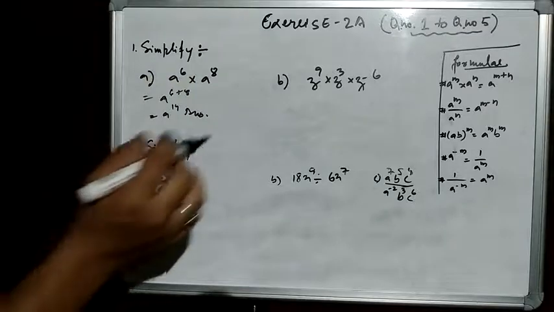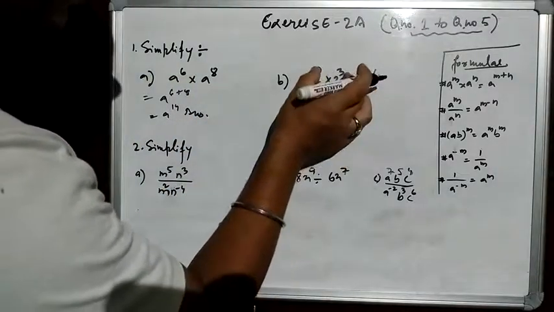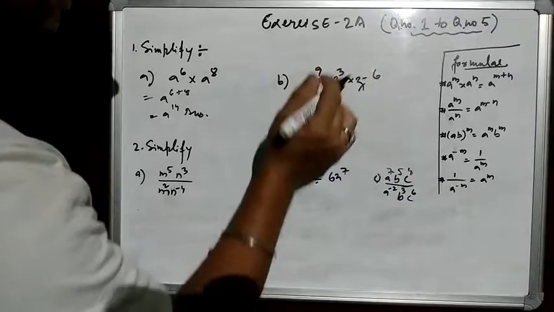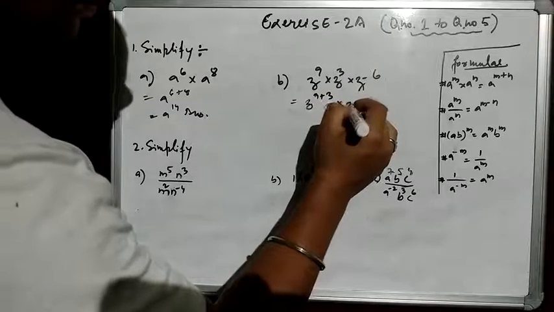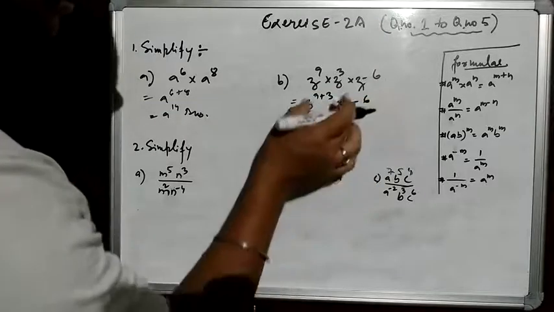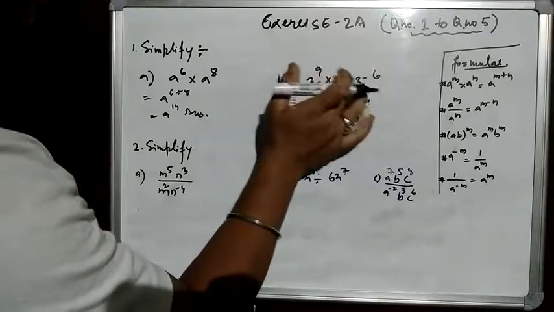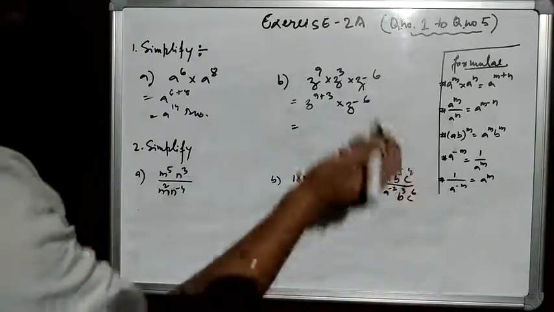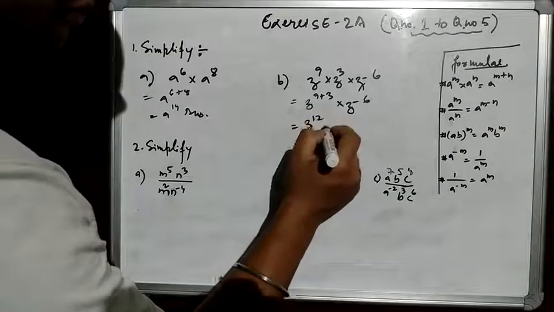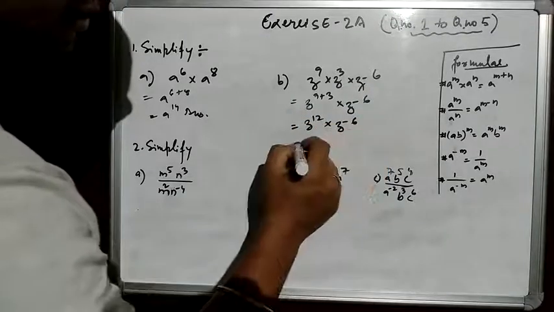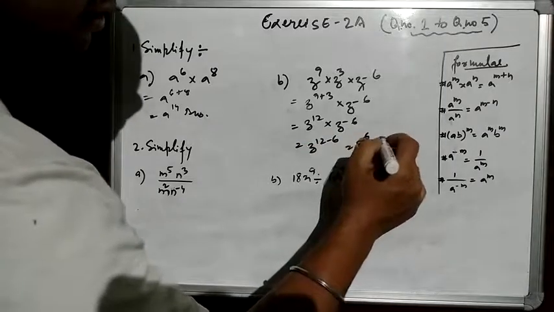So in multiplication form, the powers get added only where the bases are the same, common. Now in this question you will see x to the power 9 and 3, so both are in addition form. First we'll add these: 9 plus 3. Then z to the power minus 6, which is subtraction of powers, so we'll do that later. Z to the power 12 minus 6. The answer will come 6.